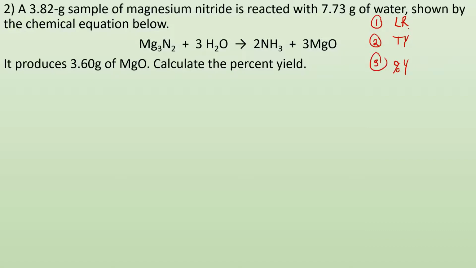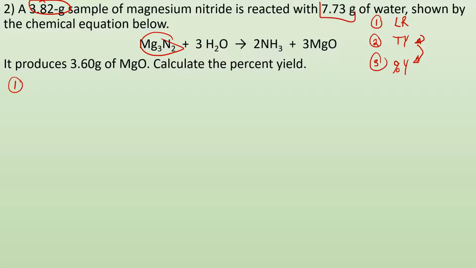I'm going to start with figuring out my limiting reactant so I can figure out how much I should be able to make, my theoretical yield, and then I'm going to compare that to what I actually made to figure out my percent yield. So let's start. First, I need to have moles, right? So if I'm saying 3.82 grams of magnesium nitride,